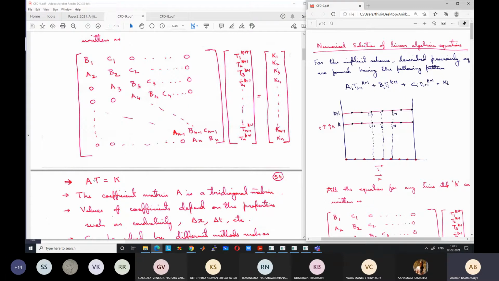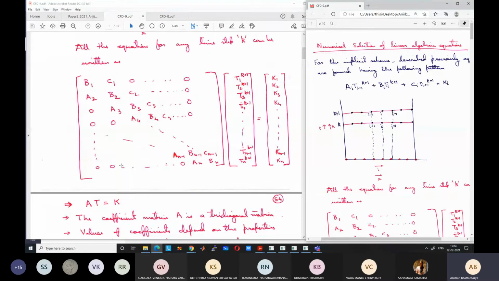So in some software programs like MATLAB, there are direct tools for matrix inversion. You don't have to do anything else. You can just write what is the value of A and what is the value of K, and you will be able to directly find A inverse K in one step. Okay. But in general, MATLAB will be using internally some sort of efficient algorithm for this matrix inversion. There are a lot of algorithms for matrix inversion. You can take a look, like Gaussian elimination, if you want to read. Okay, but in this course, we are not going to study that.